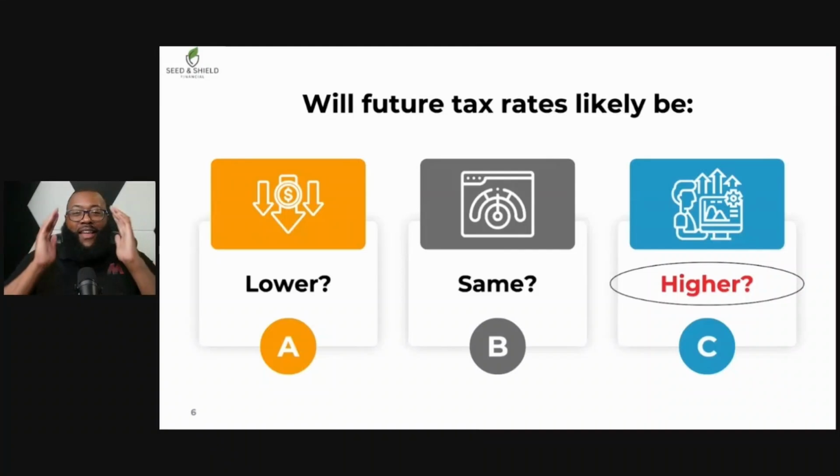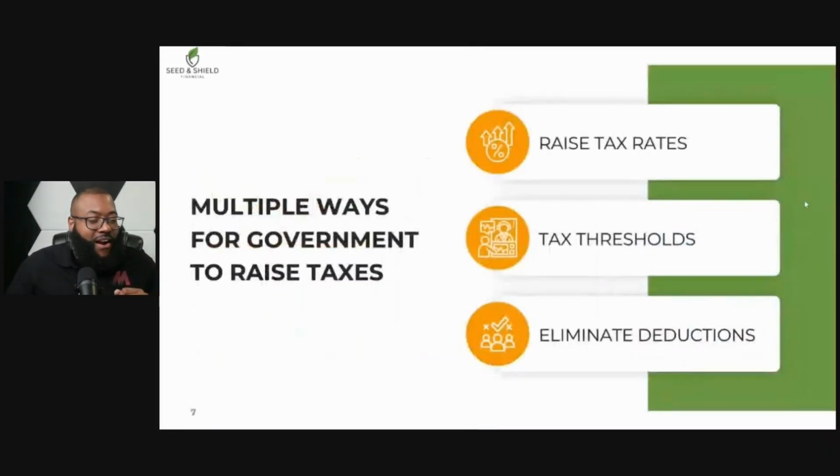And this is just not me trying to make this up. This is just simply looking at the trajectory, right? So when I ask people this question, I've really never heard someone say lower, or the same. I would say 99% of people will say, oh yeah, it's probably going to be higher, right? So if you know that, when you do something different, all right.